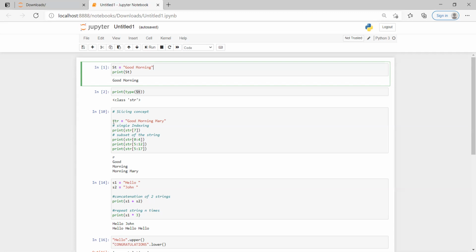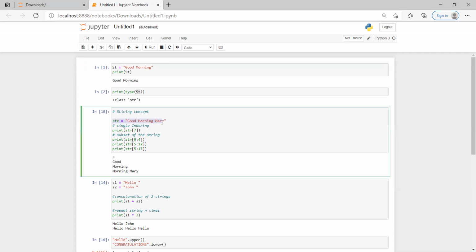Here I have a string variable str, which is holding the value good morning Mary. If you want to get a letter from that particular string, we normally go with the concept of indexing.